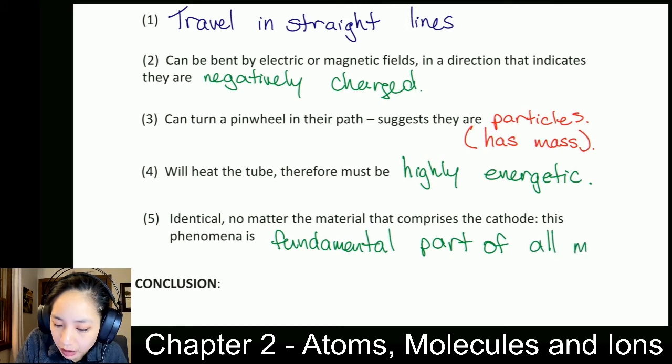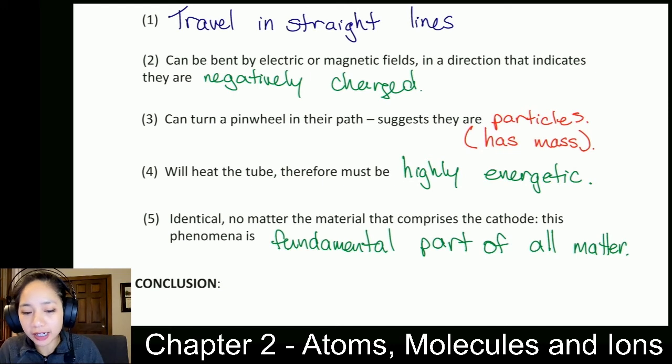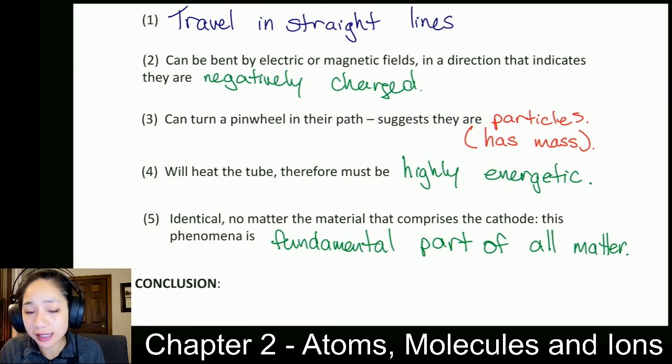So essentially what I'm trying to say is that all matter, if you set it up in this contraption, will emit electrons, and that's what they were seeing. They were seeing the flow of electrons from the cathode to the anode. So essentially, what they're saying is that all matter has electrons, but of course they were seeing electrons for the first time, so they didn't know. All that they could use were the observations that they made, and it doesn't matter what the cathode was made out of, in this experiment they made the same observations.